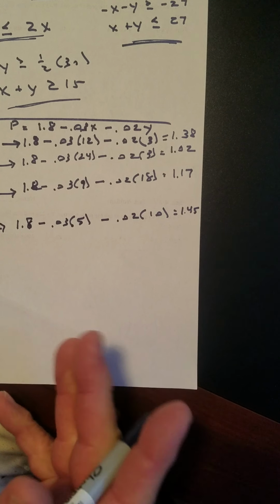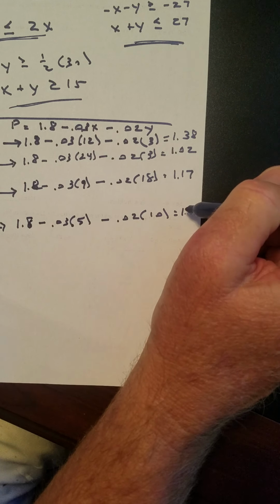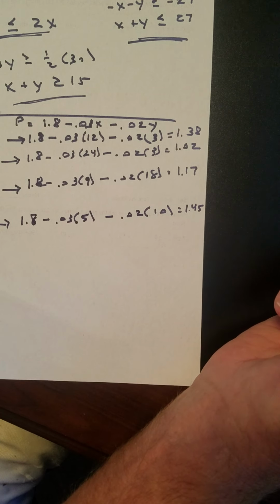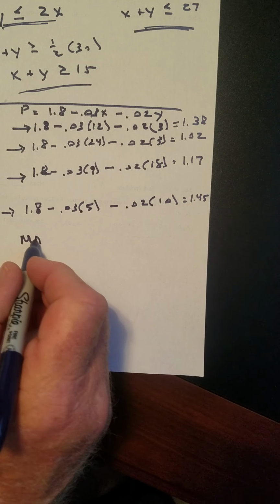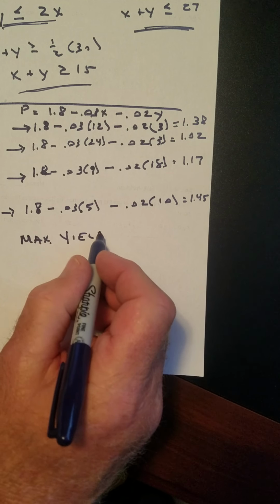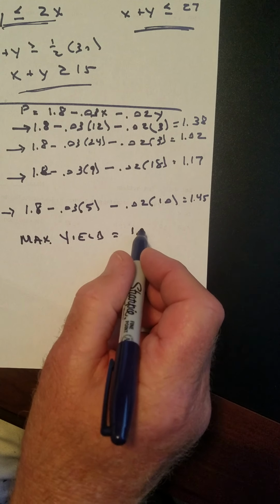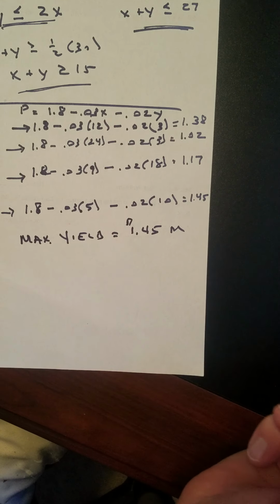So look at your numbers over here. I got 1.38, 1.02, 1.17, and 1.45. So that tells you that your maximum yield is $1.45 million